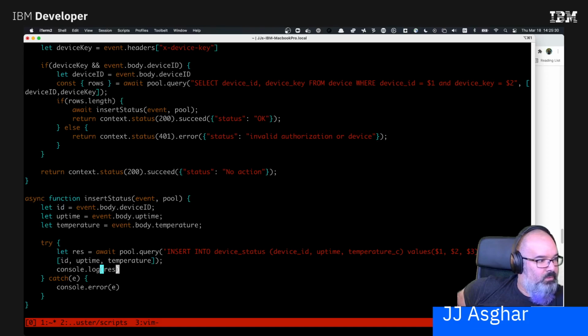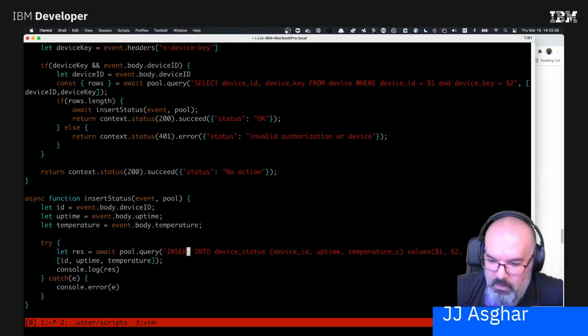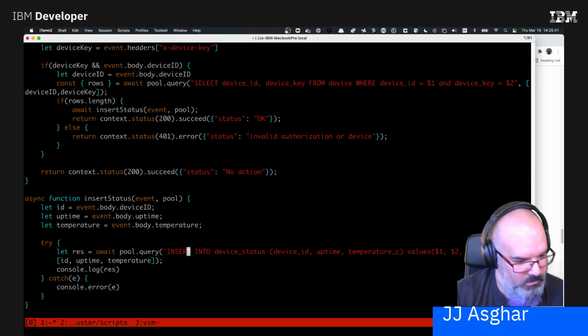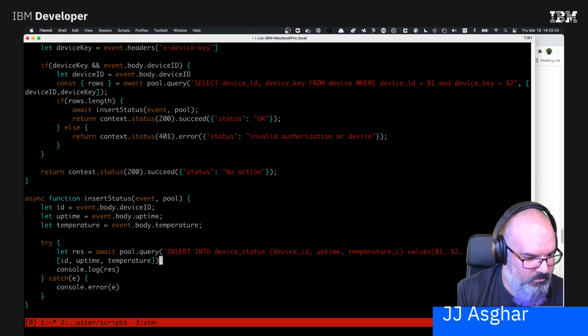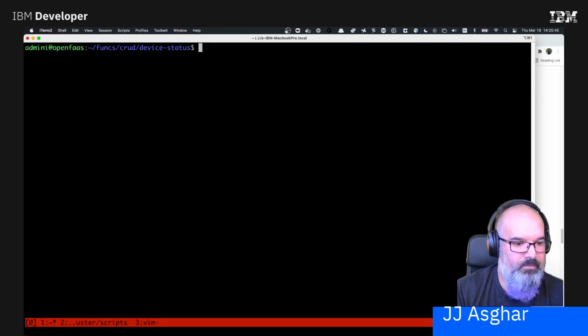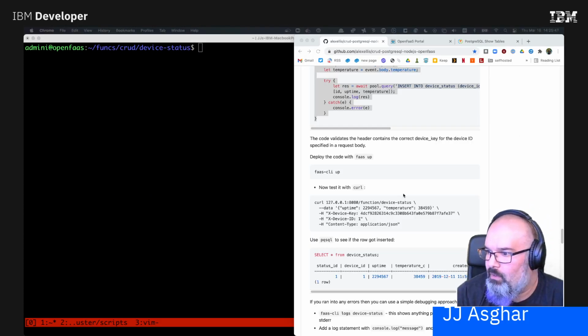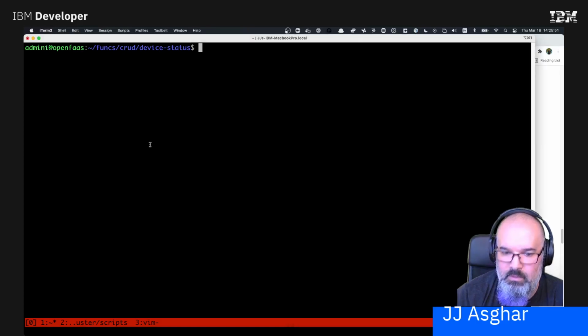Then we can take a moment and see that this is the insert. And we try to insert the device just as we were doing earlier with the $1, 2, and 3. This should give us an uptime console log and that. Okay. So now we should be able to do FAS